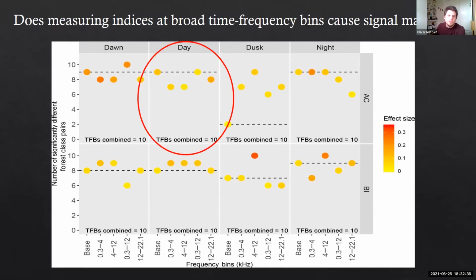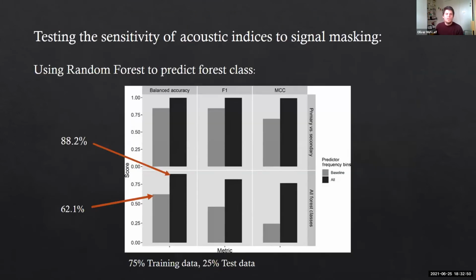Yeah, so this is a really clear example of this, where you can see that the baseline frequency band still finds 9 of the differences, and none of the other ones are better. But if you use them all together, then you do find all 10 pairs. So we wanted to see, in practice, how much of an impact that masking had, because it doesn't look